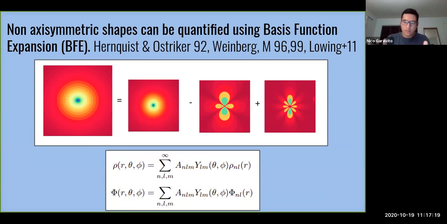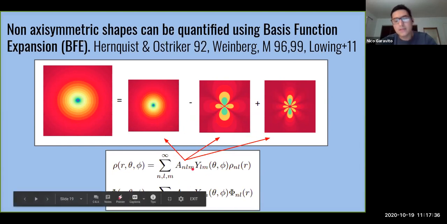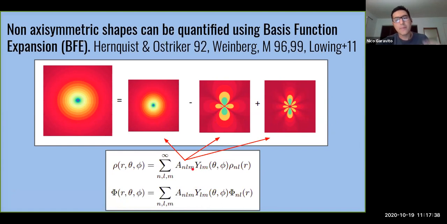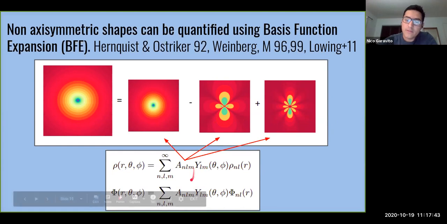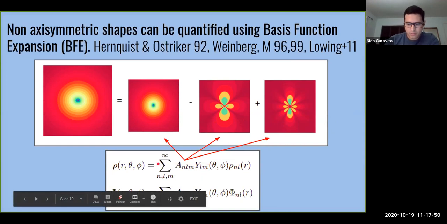And then when the series converges, I will say, okay, I reproduced the halo that I wanted. And then you can do this for even more distorted shapes. And all the information of these terms is in these coefficients, which tell you the amplitude of these perturbations. And the nice thing is that you can get all of this information only with the positions of the particles in your simulation. So it's very efficient to compute.